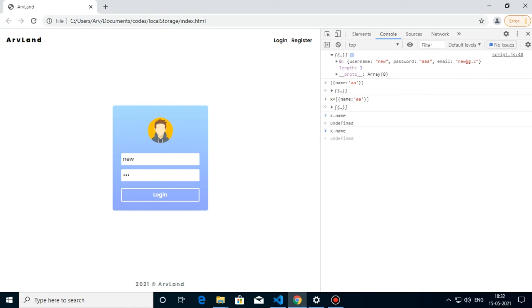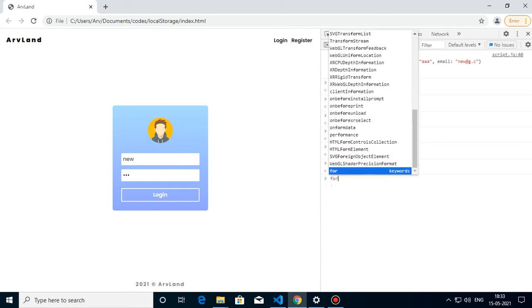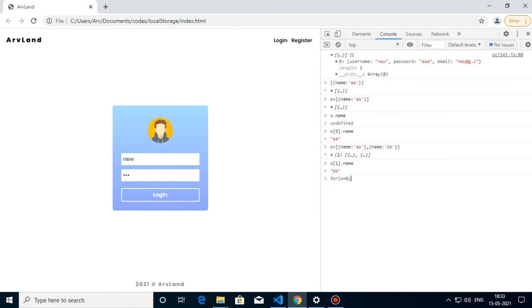If there are multiple values inside x, then for array traversal, if we want to traverse an array, there are a lot of functions like forEach. You might have known the for loop, like for x equal to 0, x less than 2, x plus plus, but in JavaScript we have many easy functions to traverse an array.